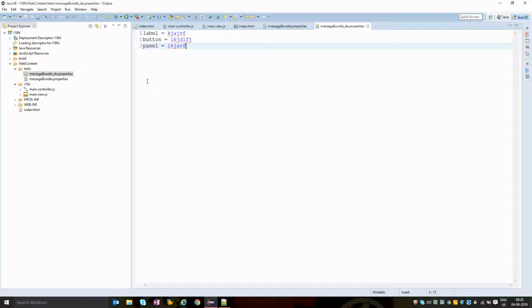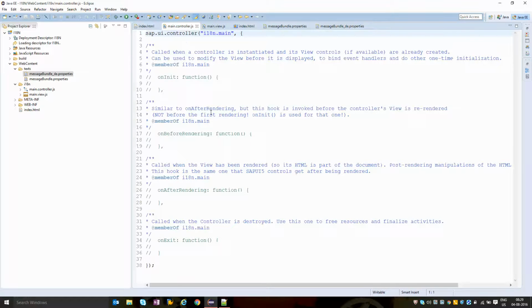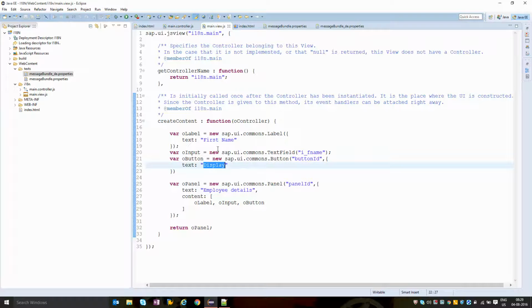So now I have created the text in two different languages, but the variable that is holding the respective text will be the same for me. Now I want to replace the text in the control with the text according to the language that has been logged in. So I'm going to construct a model with the base file. The system will pick the language which has been used for login, load the respective file accordingly, and assign the text from the variables of the respective file into your control.